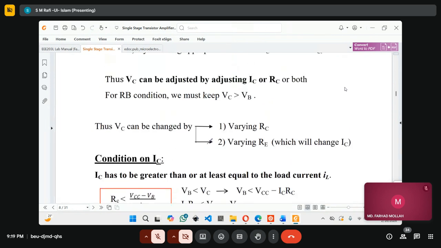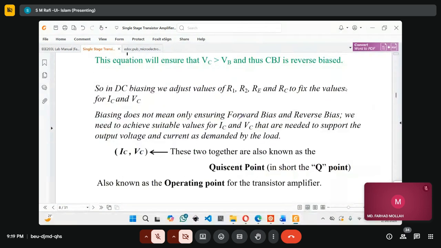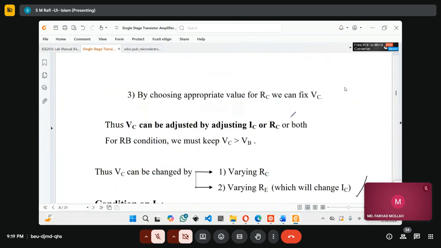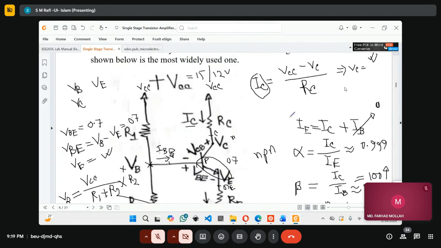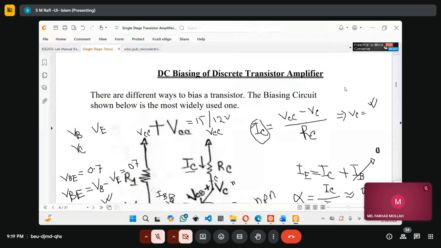The rest probably you don't need to check. You'll just read this thing. Those are the only conceptual things. But there is something important for a transistor, which is called Q point. Quiescent point or Q point is nothing but the collector current and collector voltage. You remember we had written down some equations here. So if we can calculate the collector current, and if we can calculate the collector voltage, that coordinate IC comma VC is called